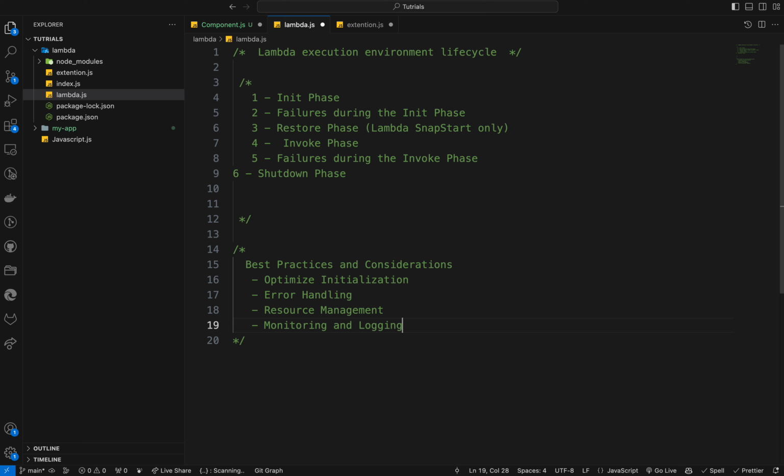Regularly monitor and log function executions to detect and debug issues in all phases. By understanding these phases, you can write more efficient, reliable, and maintainable Lambda functions and handle various scenarios, including cold starts, errors, and